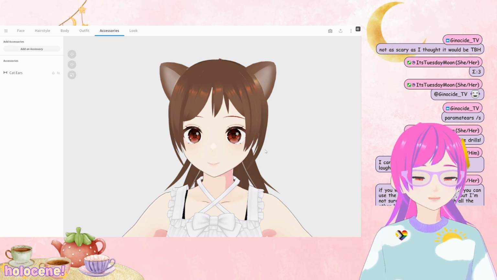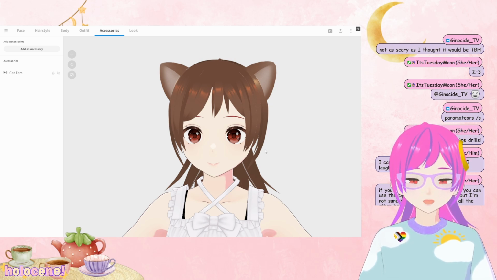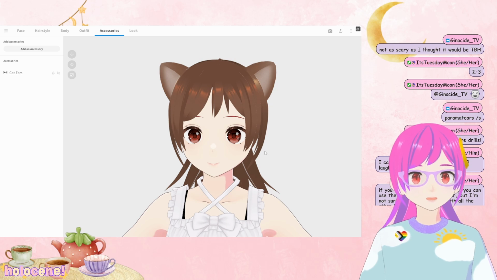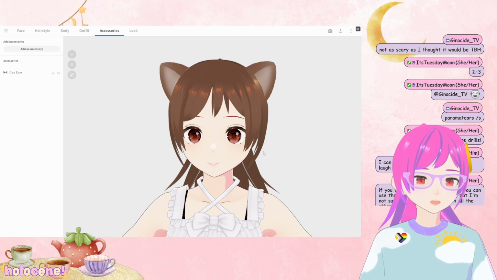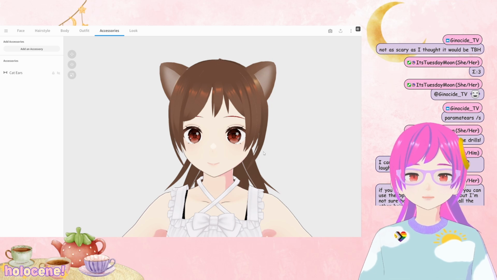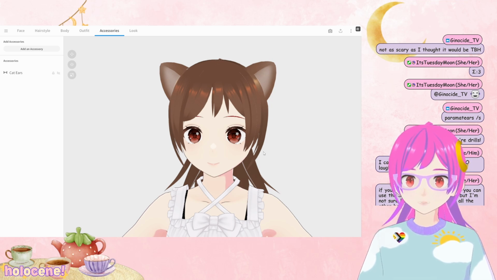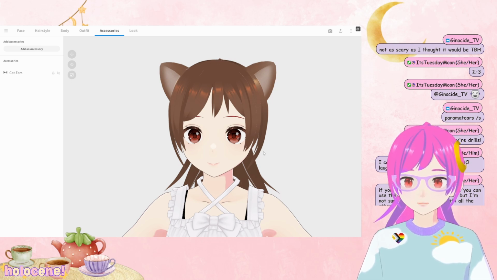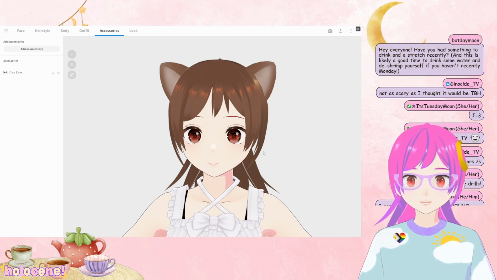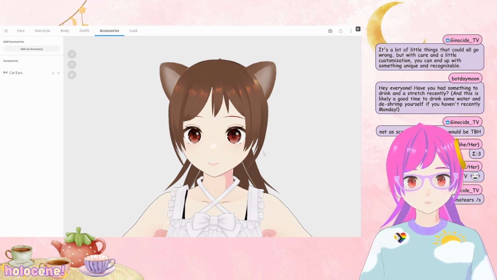I was so scared. I didn't know what I was doing. I was so intimidated because I had no experience in this, and I can draw. I thought it'll be fine. And then I started watching tutorials, and I was like, what is going on? What is happening? What is textures? I am scared. And it took a good few months of just practice to get over that fear and let things click. Yeah, it's a lot of little things that could go all wrong, but with care and little customization,